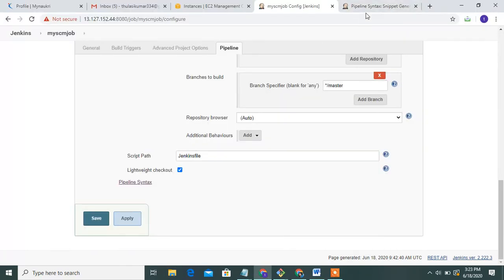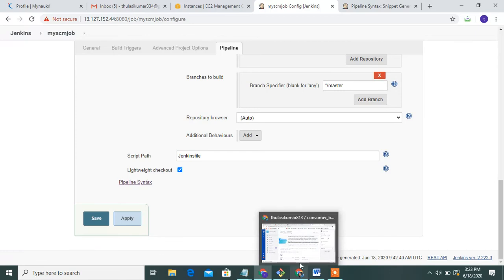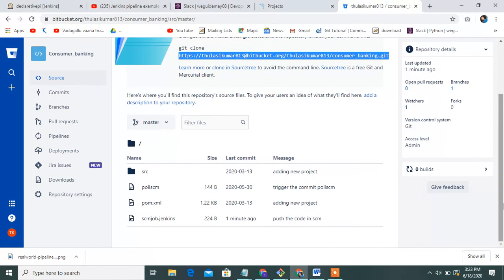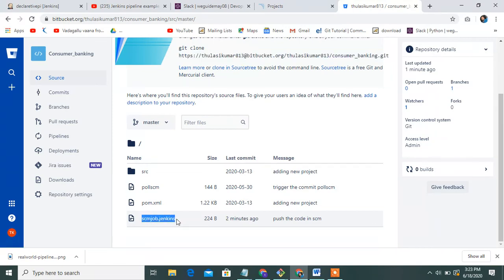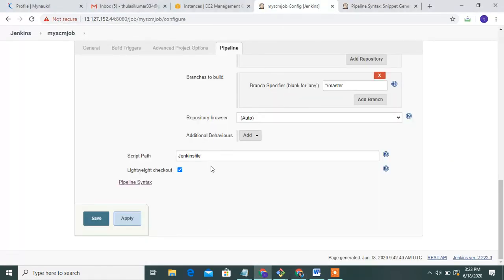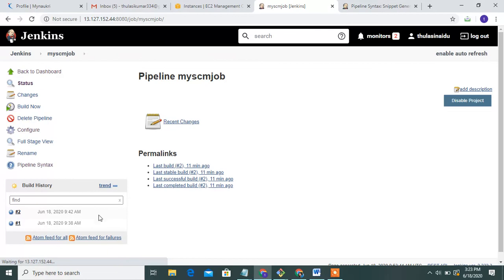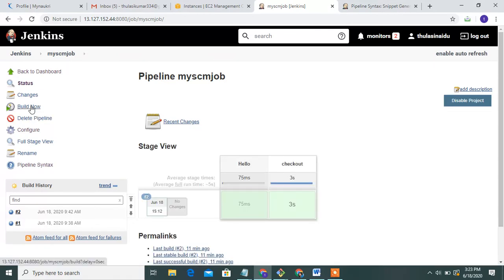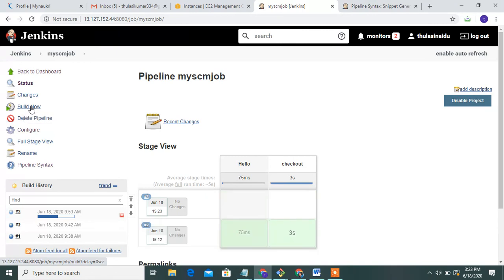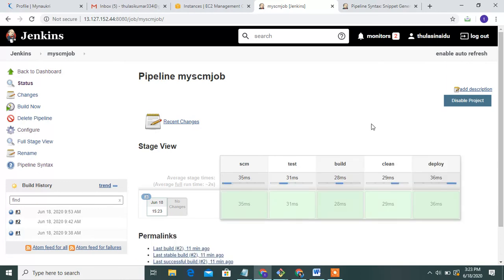What is this? Open my Bitbucket. This is my script name. Copy this name and paste it here. Yes, guys, then apply, then save the job, then go to Build Now, then it executes the stages. See this, the hello stage, executes the SCM source code management, test stage, build stage, clean stage and deploy stage.